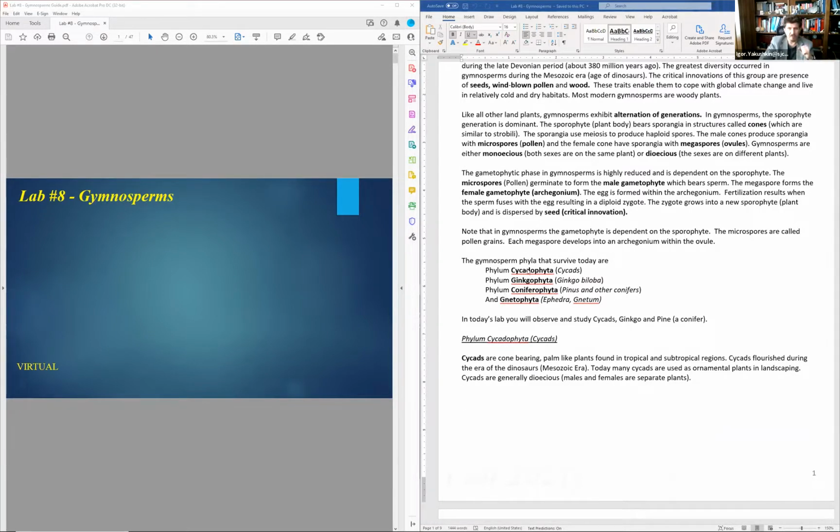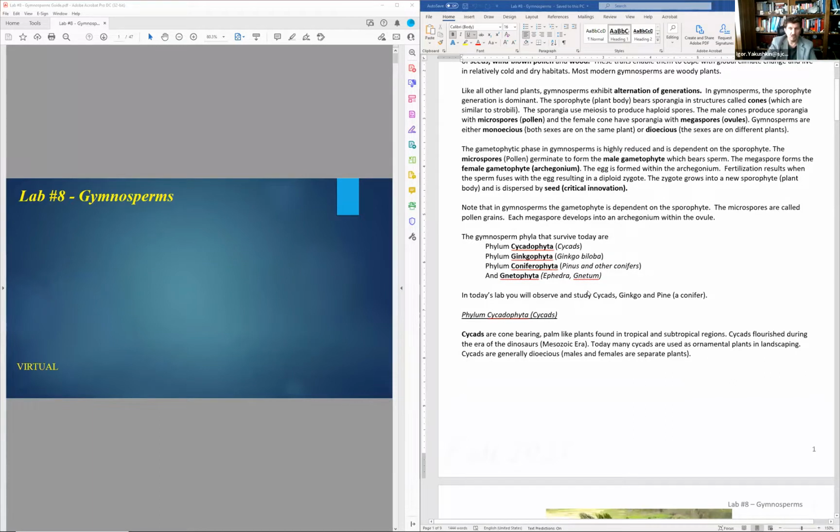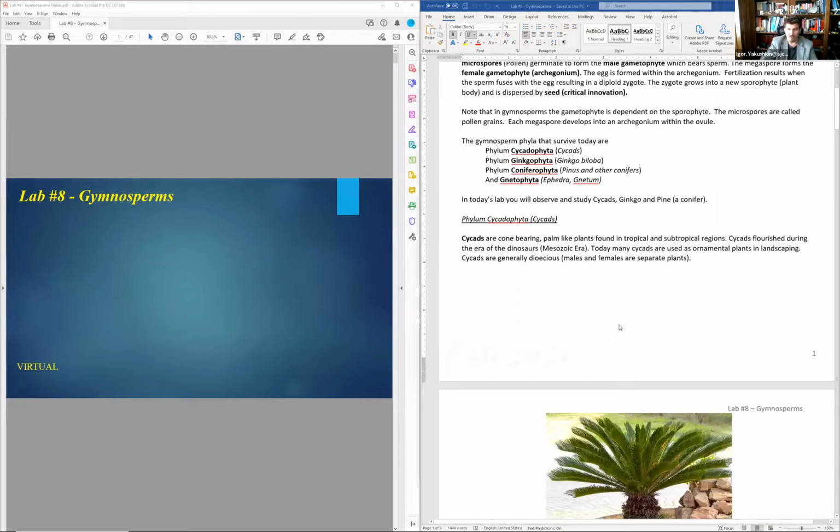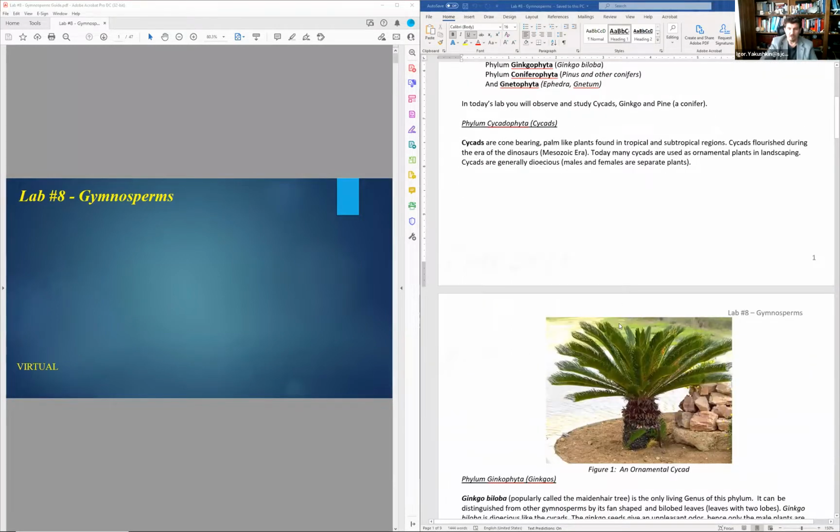In the lab, we'll cover the Cycadophyta, cycads or sago palms, and then we'll talk about the Ginkgophyta, ginkgos, and conifers. Within our lab, we don't have the gametophyte whatsoever, even though I guess I can get some of it later on, but it's not right now. So today we'll talk about the cycads, the ginkgos, and the pines, probably the most common one or very easy to recognize.